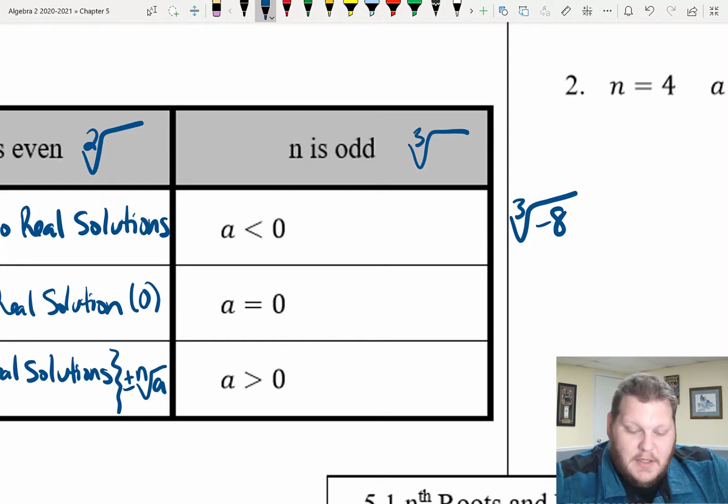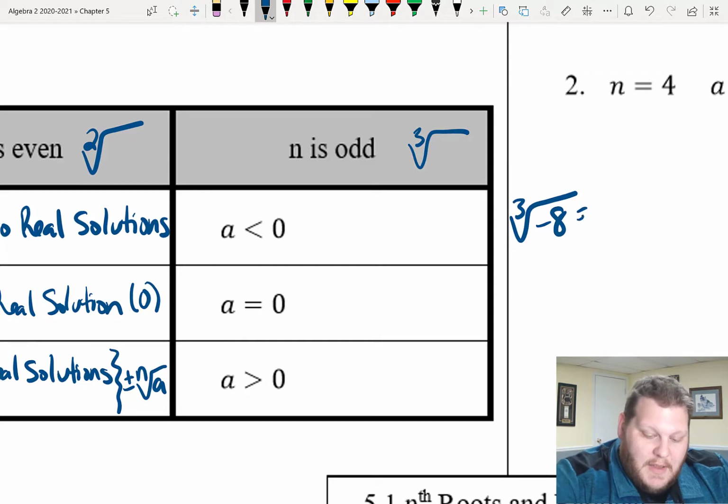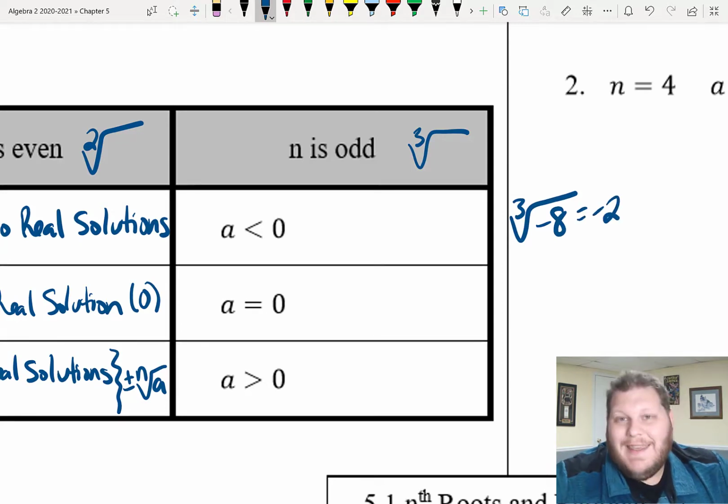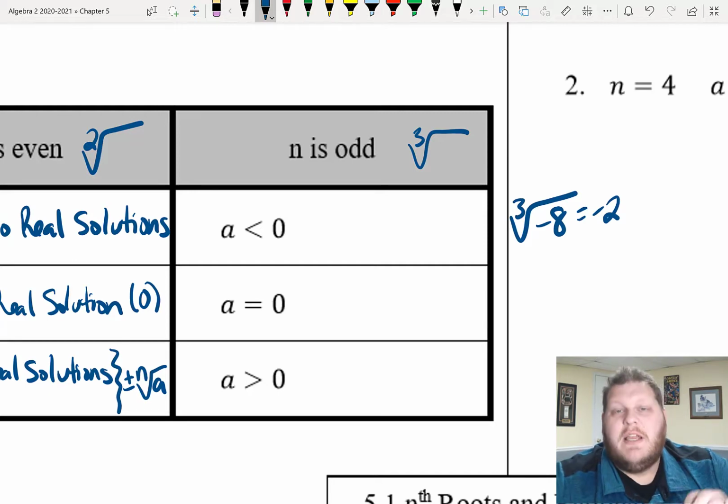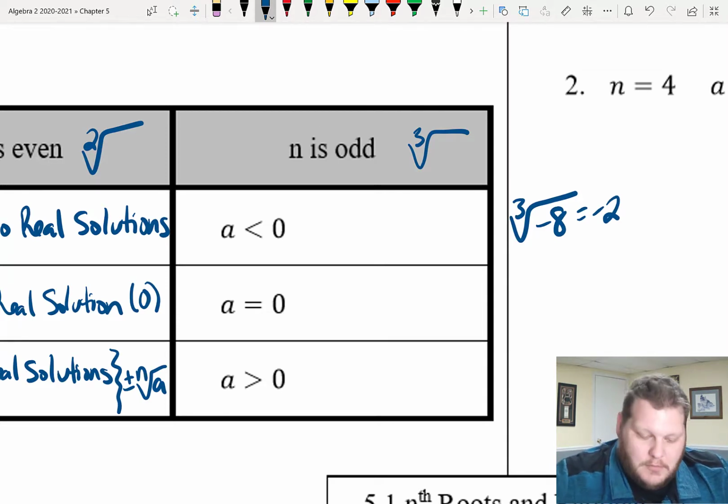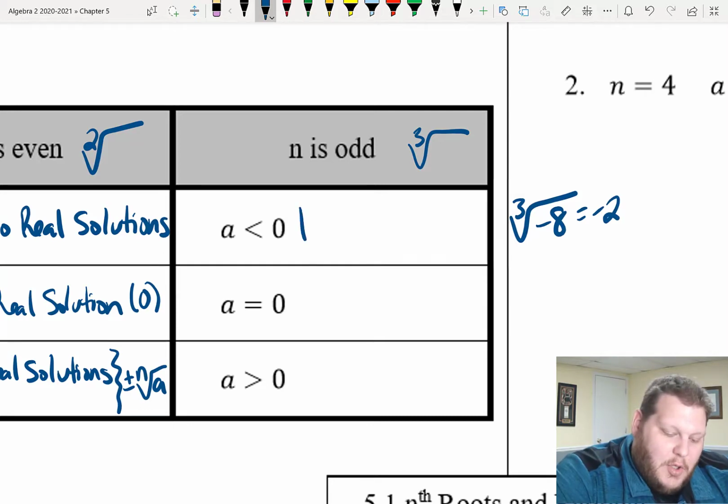In this case, we should come to the conclusion that -2 is that number. -2 times -2 times -2 would give me a -8. But notice here, I don't have plus or minus as an option. I can get an answer for a negative underneath my radical when it's a cube root, or really any odd root, but I only get one